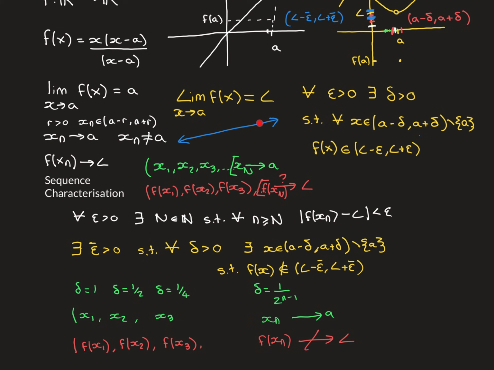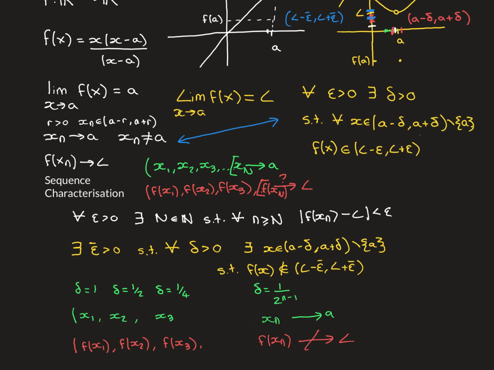Proving it in this direction, this arrow, is very simple. We showed that if the epsilon-delta definition is true, then any sequence that converges to A, its image sequence will converge to L. So now these sequences that are restricted to terms being inside this interval, that initial proof is all still going to apply. So their image sequences are still going to converge to the limit L. So that direction is very simple.